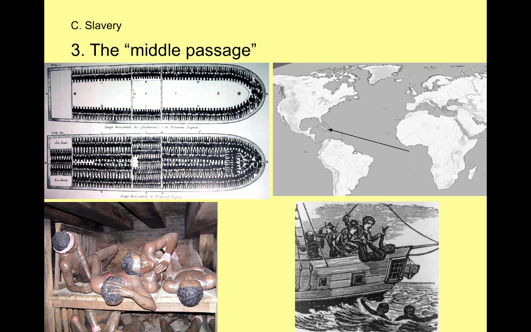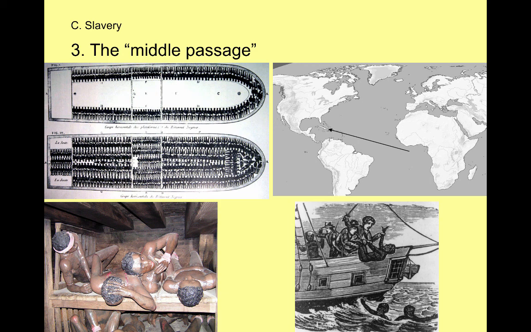Imagine laying on this boat, even just for 3 weeks, chained, and you can't move. People around you are hopeless. You know you're never going to see your home again, your friends, your family, your wife, your children. And so you're hopeless, and people around you are either seasick or they're sick because they're getting European diseases. And so we see people vomiting around you, maybe on top of you. They can't get up and go to the bathroom, and so you have to deal with that. So we see that disease is a common problem on these slave ships.